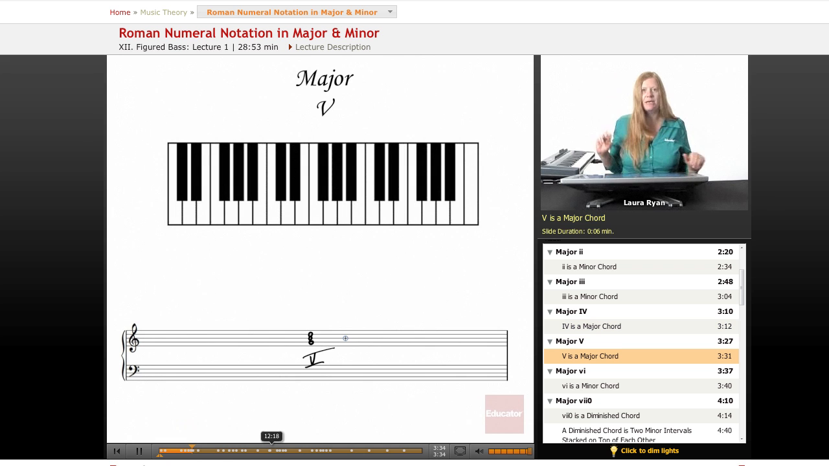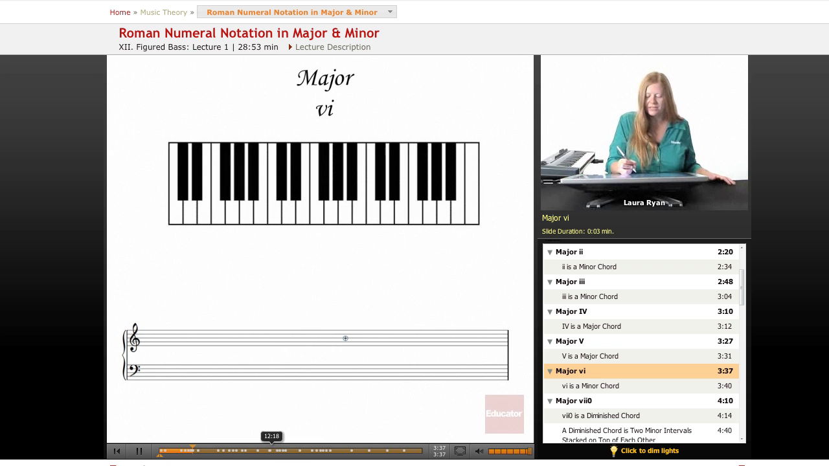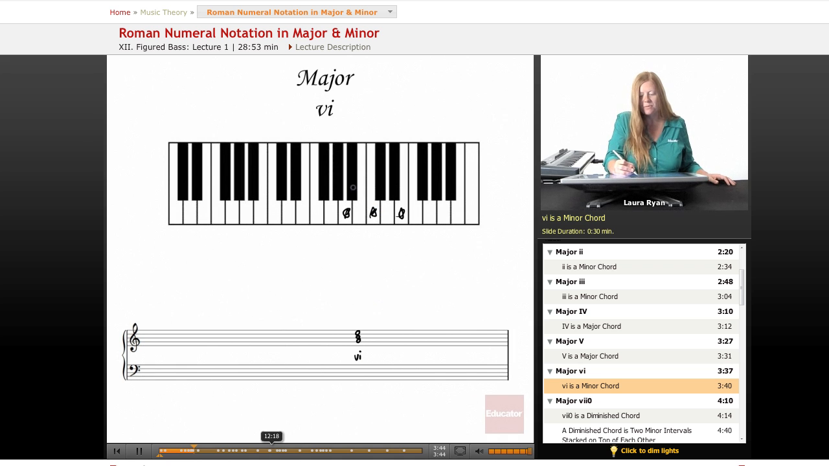Okay, so G, B, D, major. Next we have 6, A, C, E. This is a minor chord, A, C, E. A 1, B flat 2, B 3, C 4. 4 half steps between the first note and the third. This is what determines a major chord or a minor chord when you are working out your chords. So it's the third, not the fifth. This is always the same. You always have the fifth scale degree to complete your triad. So let's go